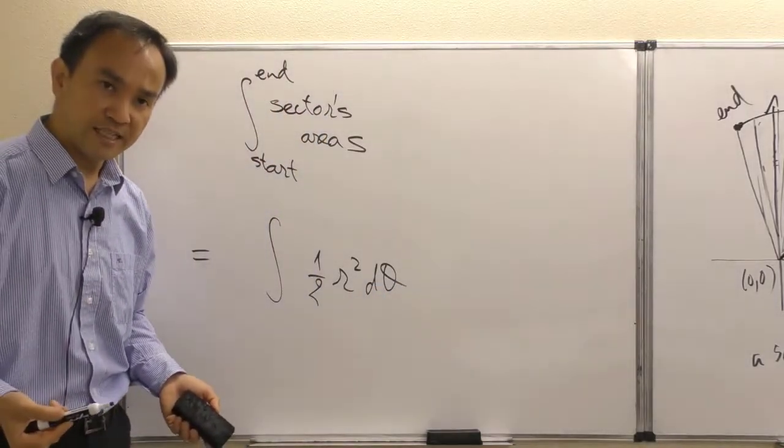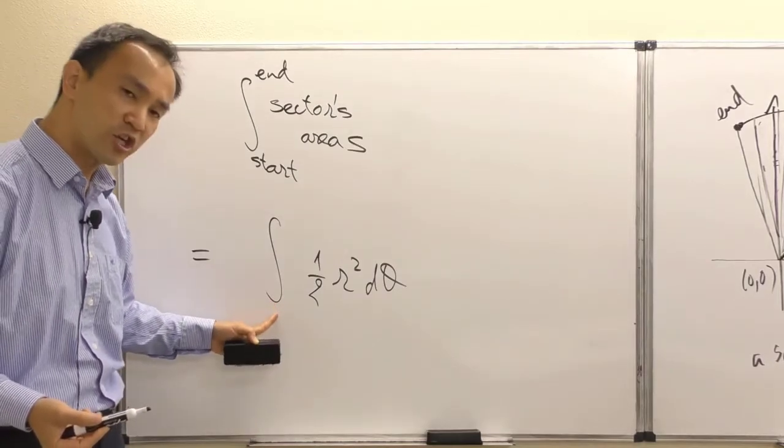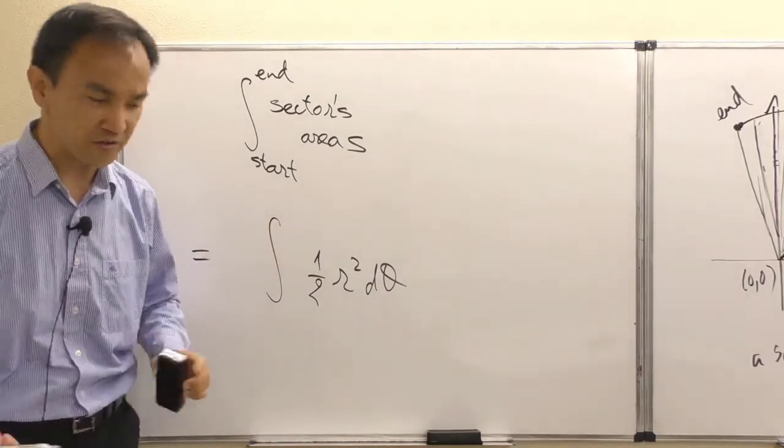1/2 r squared d theta. And then, how do we start? I mean, what's the start of our accumulation and where's the end of our accumulation? And so,